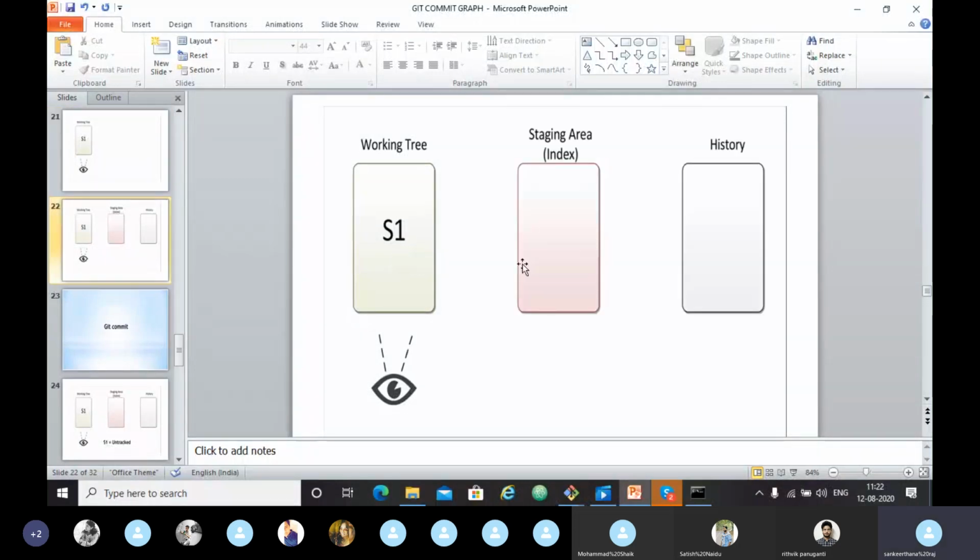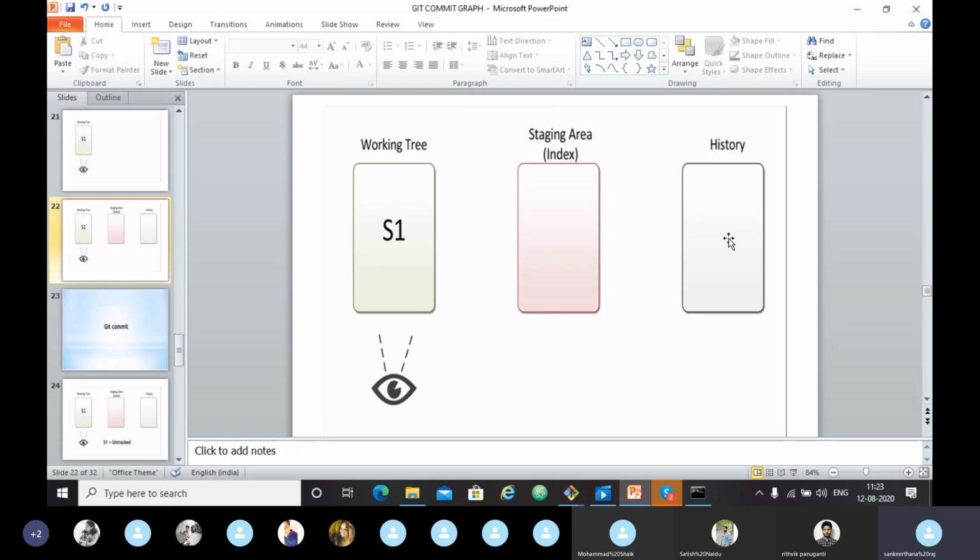By running the git init command, we have created these two areas. Here we know the .git directory created these two areas: it has the history and the staging area. As we discussed before, the .git directory is what holds a repository. This is the main part of it. We haven't made any commits yet, so to see anything in the staging area and history, we have to make a commit next.